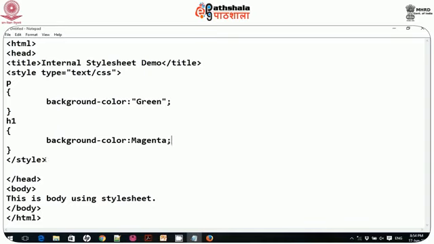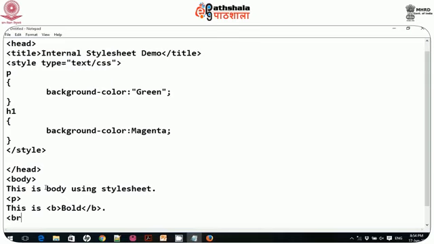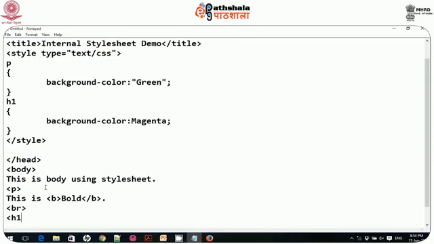So this is the internal style. Now inside body I write this. Now let me write P, and write this is, for example, bold. Then I write H1, this is the use of H1,